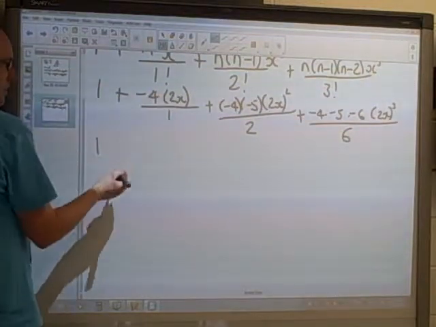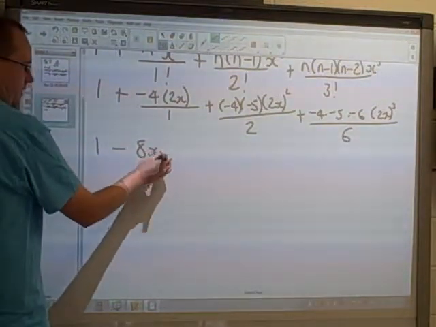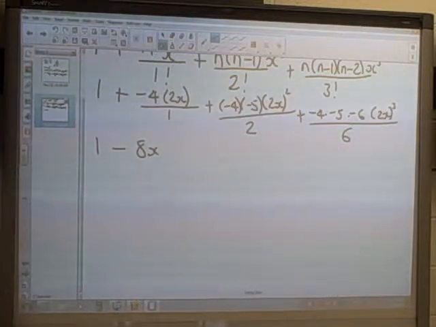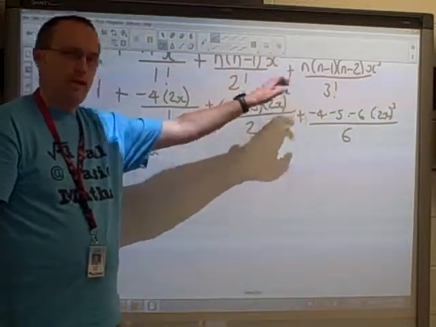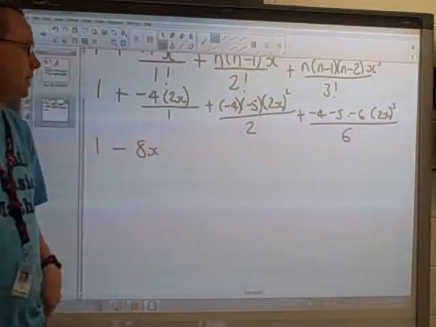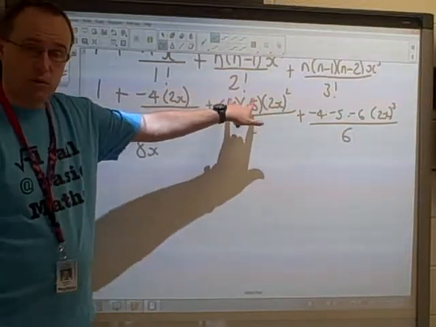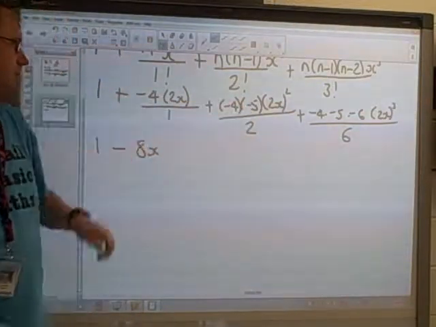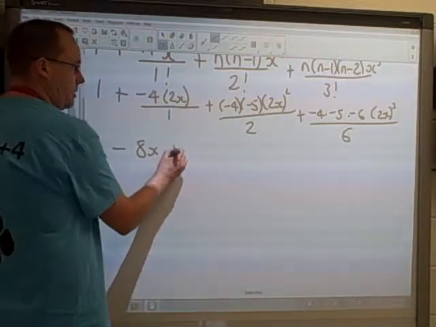So negative 4 times 2x is negative 8x. Divided by 1 is just going to be negative 8x. Here we've got to be careful because we're going to remember to square everything. So 2x times 2x is 4x squared. Times by 20 here, because negative 4 times negative 5. So that's going to give us 80x squared